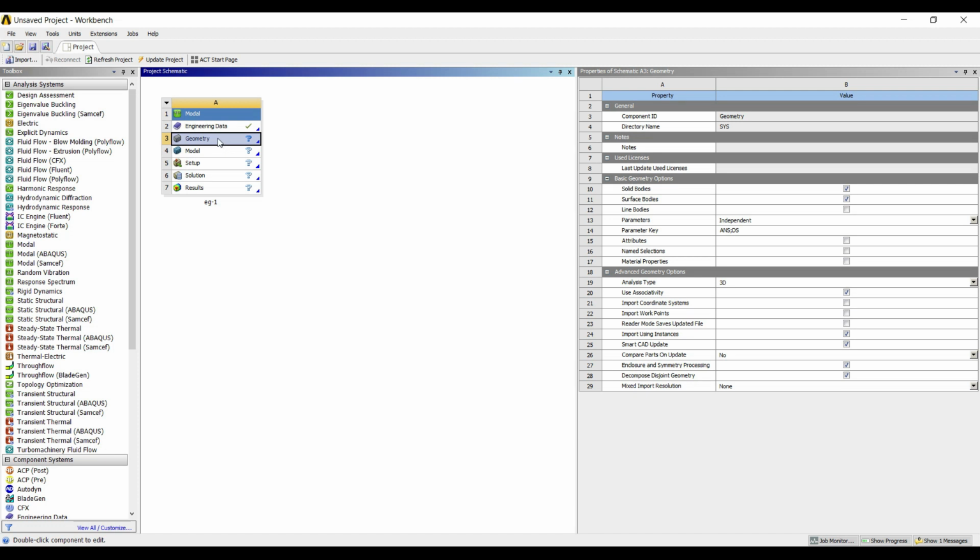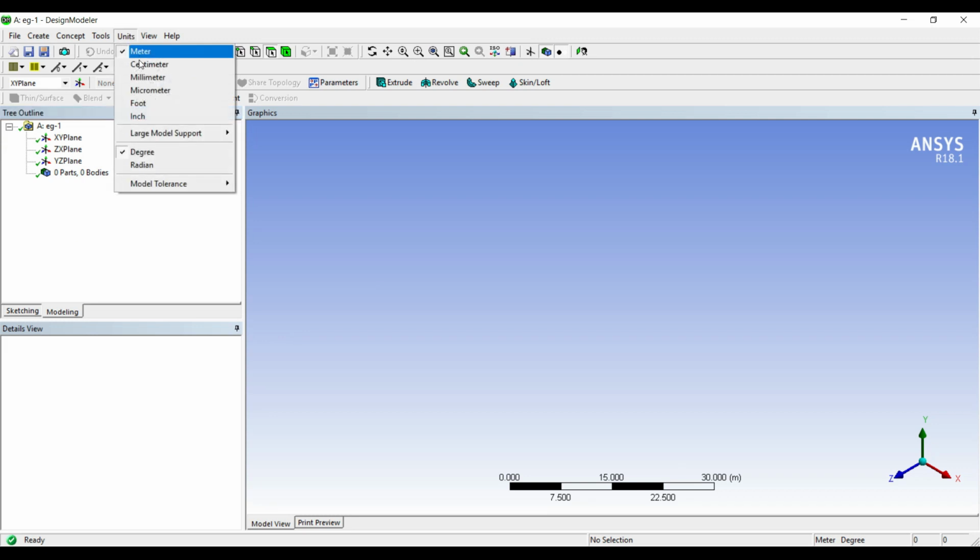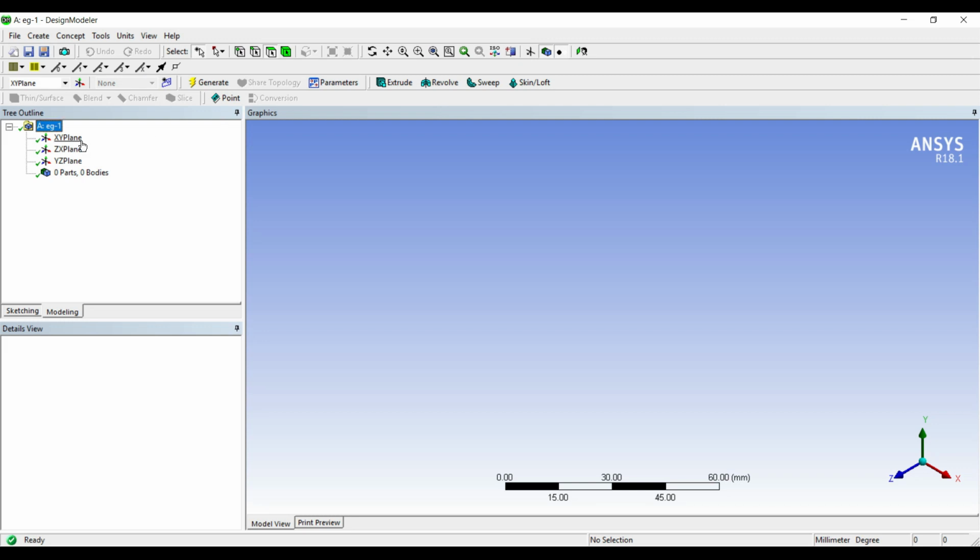Right click on geometry, new design modeler geometry. This is the screen of design modeler. I'll go to units, millimeter, XY plane, look at.